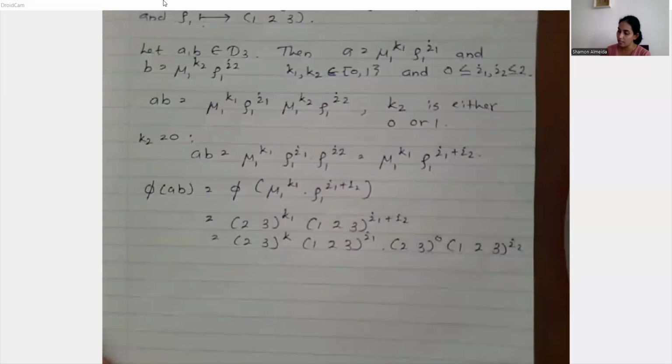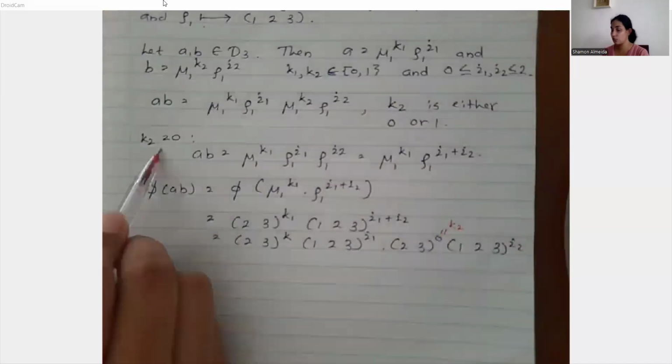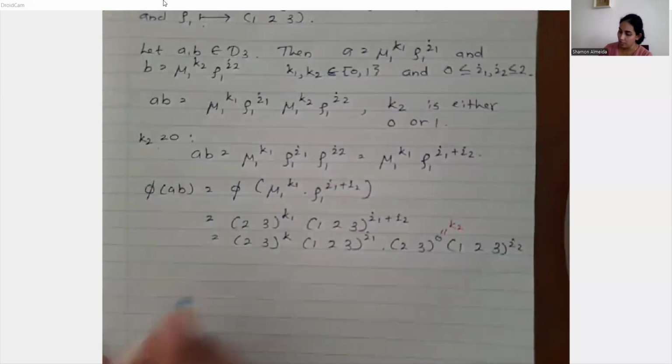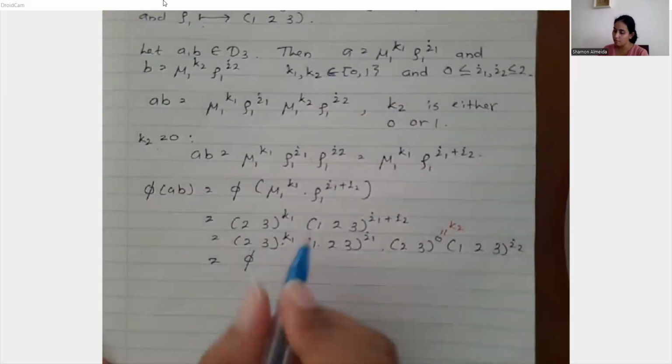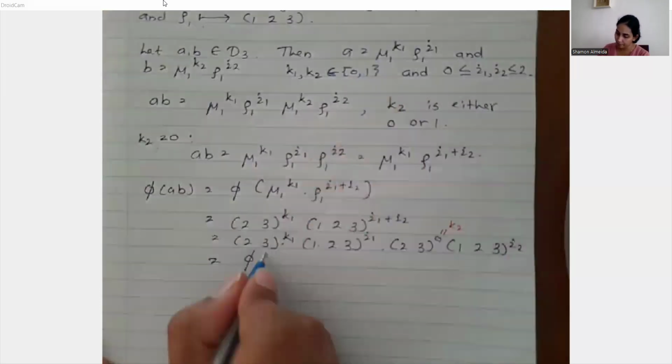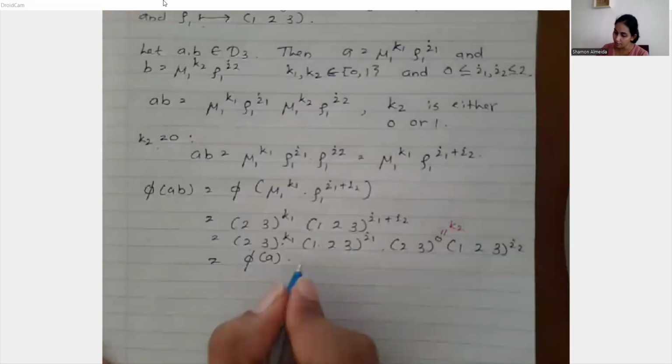And this is equal to K2, because in this instance, K2 is equal to 0. Now from this composition, we get phi of A, this is K1, sorry, phi of A